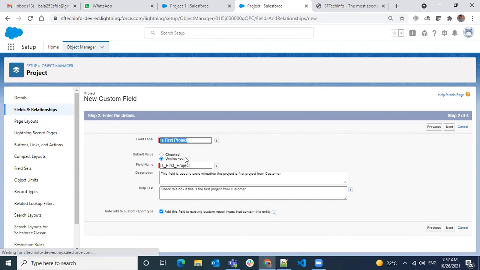So you see here, is by default value, you can see either checked or unchecked. So already existing records, you don't have any value, whether checked or unchecked. But in UI, it will be shown as unchecked. In the UI, it will be like a tick mark, right?